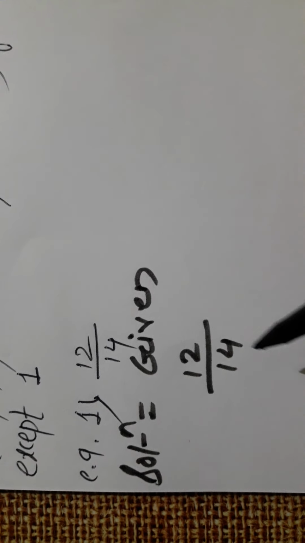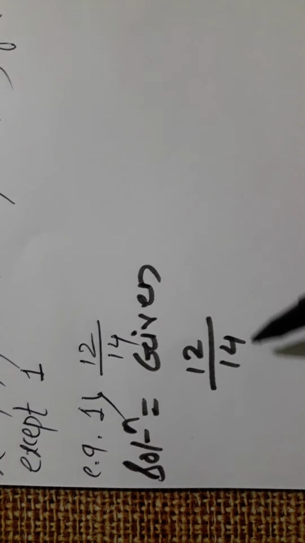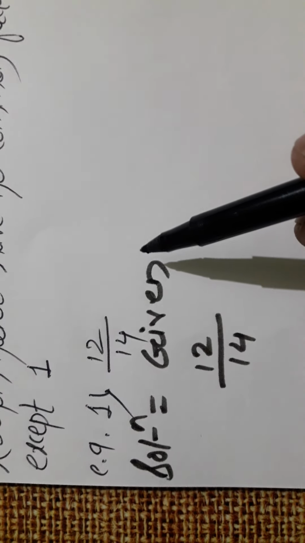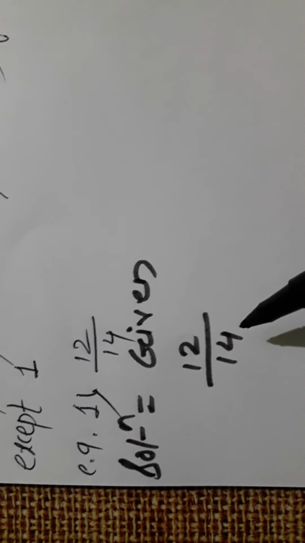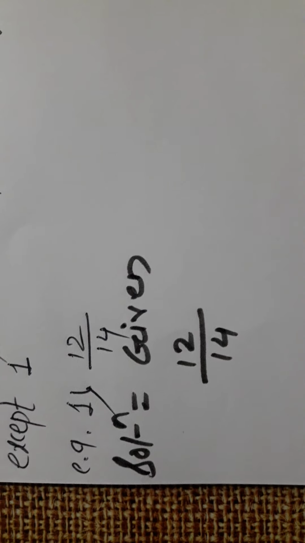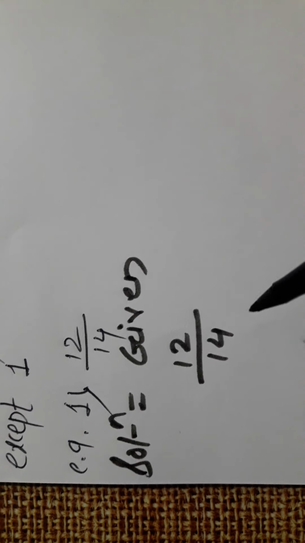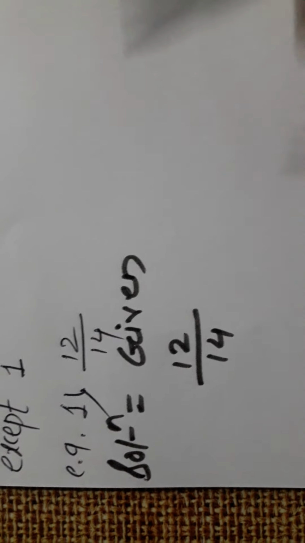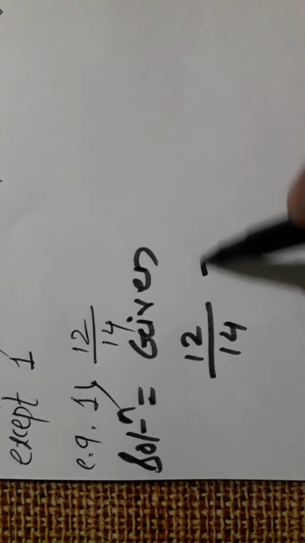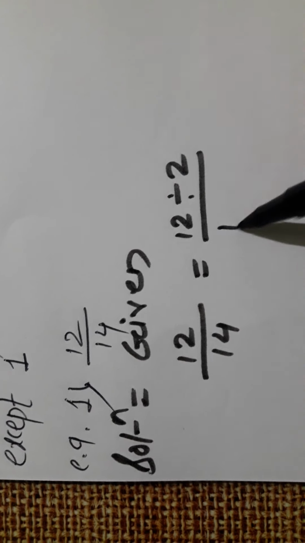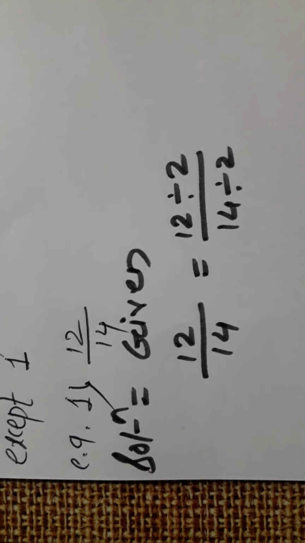Okay. Suppose here 15 is there. Then you should not select differently. Here 12 is there, I will divide this numerator by 2, and here 15 is there, I will divide this 15 by 5. It should not be like that. Okay. You have to divide numerator and denominator by the same number only. For that purpose, 12 and 14, both numbers come in the table of 2. That's why we will select the number 2. We will divide 12 by 2 and 14 by 2.